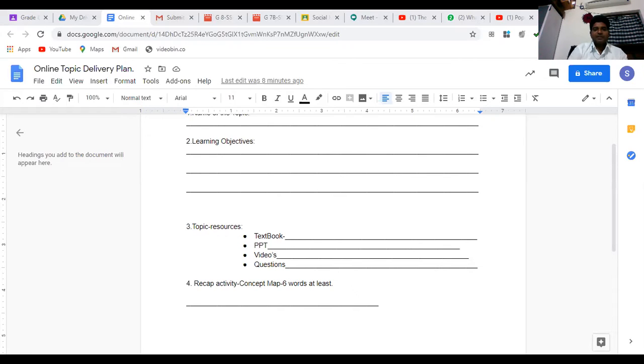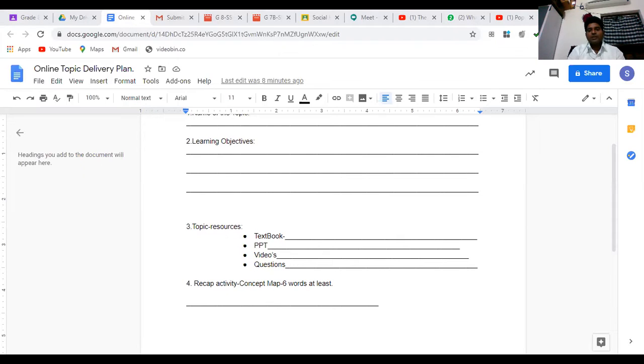Then in step 3, we can keep all our resources ready, like the textbook, PPT, the related videos, and also the questions to recap. Let me show you how I keep it ready for myself.